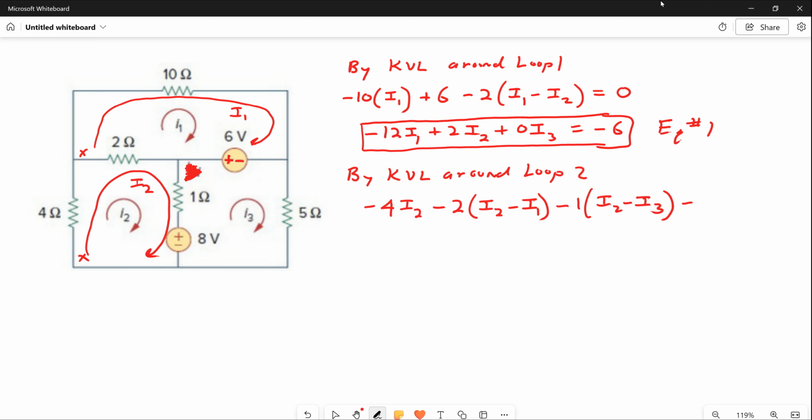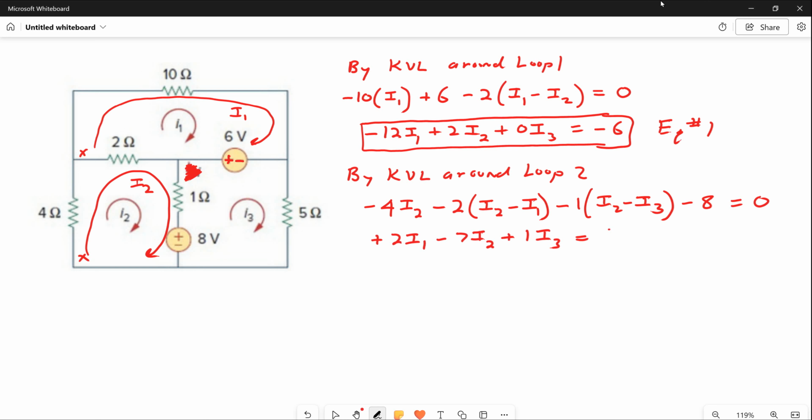-8. Take a look at that. You're going from positive to negative, to a more negative voltage. So that's a -8, and that's going to equal 0. There's your second equation. You clean that up, and you end up with +2I1 -7I2 +1I3